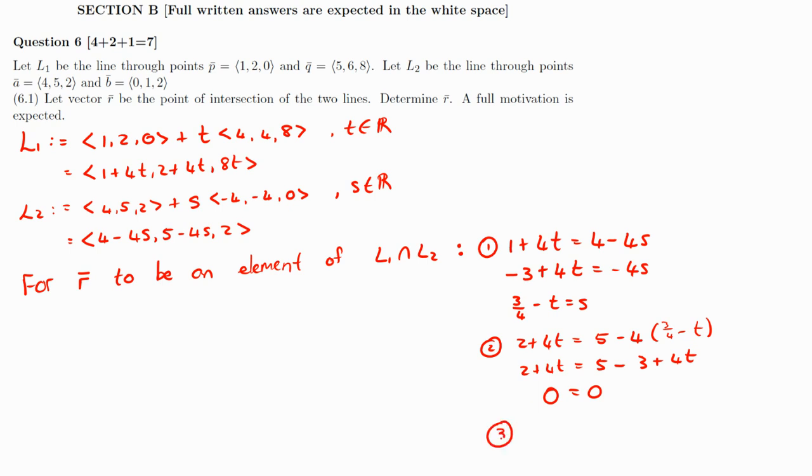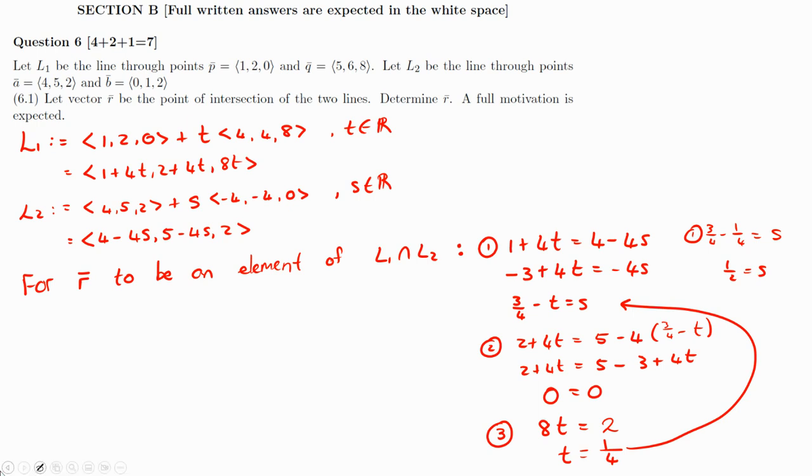But now let's go quickly look at number 3. 8t is equal to 2. So this tells me that t should be equal to 1 over 4. Okay, so if I substitute this back into 1, then we get 3 over 4 minus 1 over 4 should be s. And that just gives me a half is equal to s. Okay, so now let's plug those values in, because this basically just tested